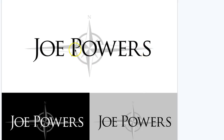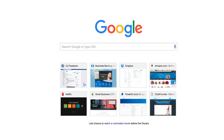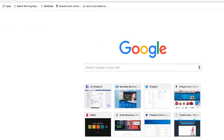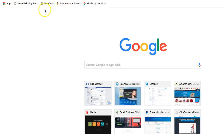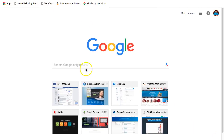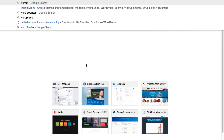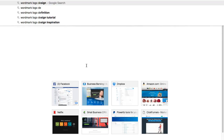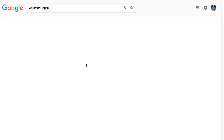It's tweaked and changed to, so let me just bring up Google, and I'm not recording on the full screen here. Maybe I'll just shrink down my browser. Oh, that made it bigger. So let me shrink down the browser on that side. Let me do it on the other corner here. All right, so now we'll just search for word mark logo. Just do word mark logos. Come here to,